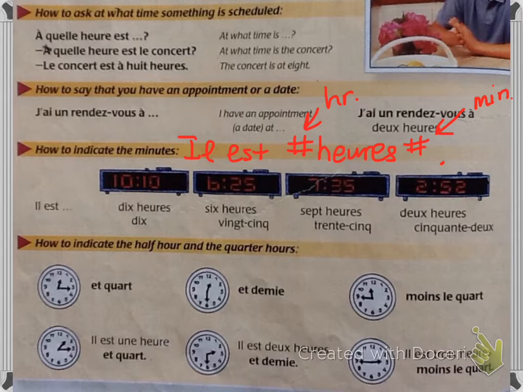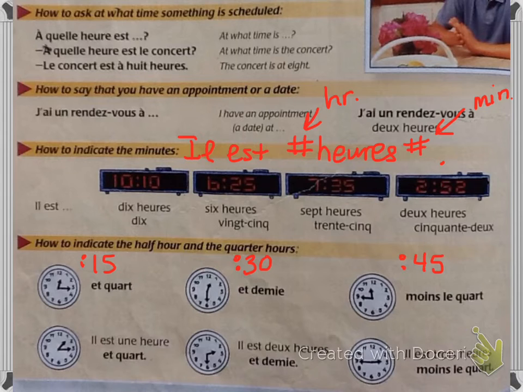How to indicate the half hour and quarter hour. So this is like quarter hour, right? Quarter after or 15 minutes after, half after or 30 minutes after, and quarter to or 3/4 of an hour. So those are like those times. S'il vous plaît, répétez un quart, et demi,